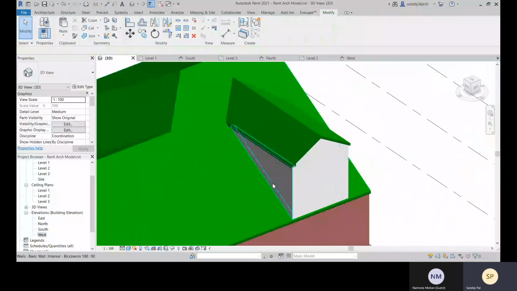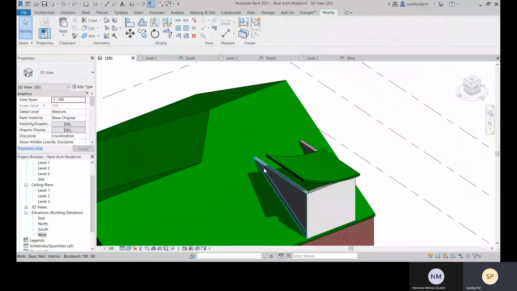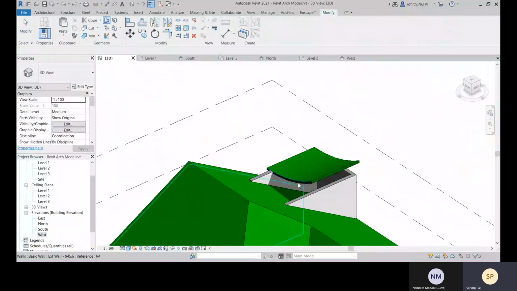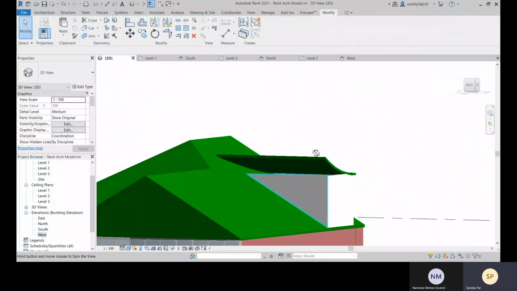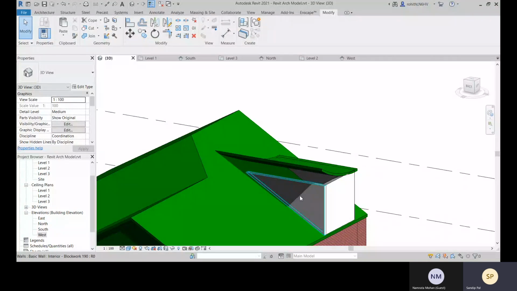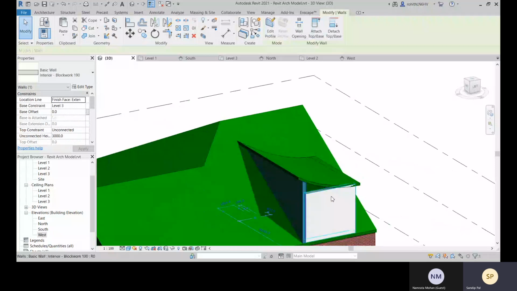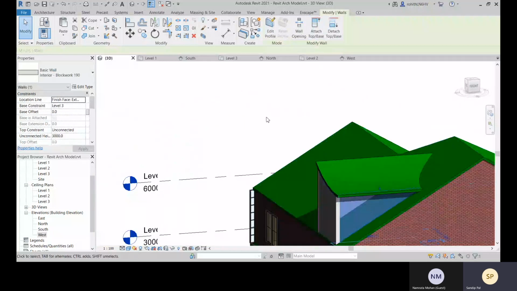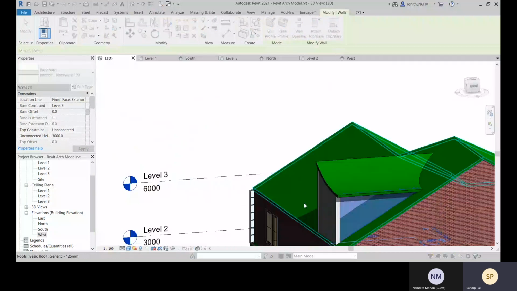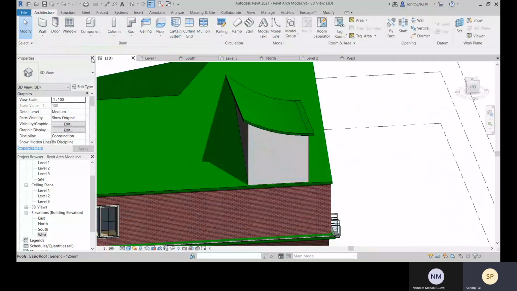So this way you can connect it, so join and unjoin roof. Select this face and then with this face connect it, and then we go with this desktop. Select this desktop, this also desktop, and now you can place your window right now.